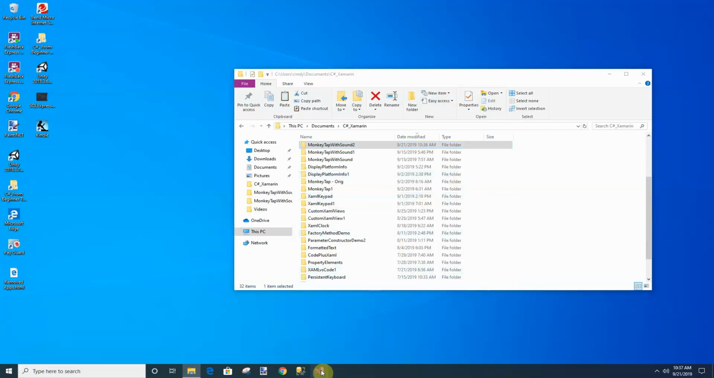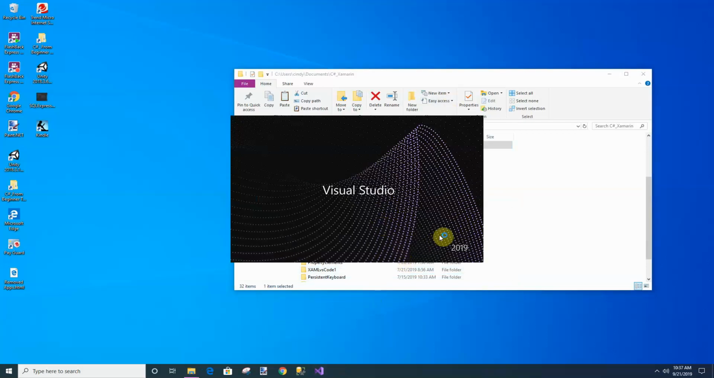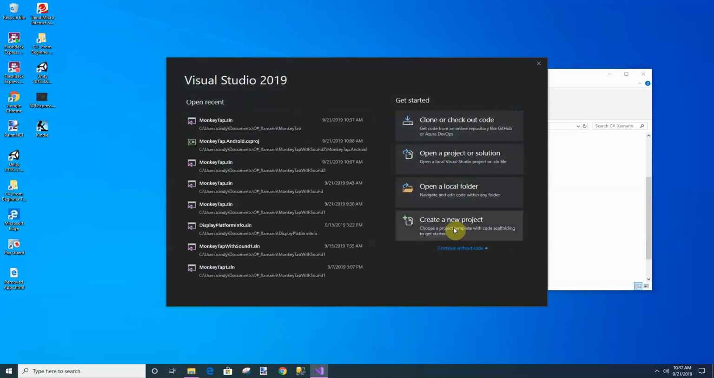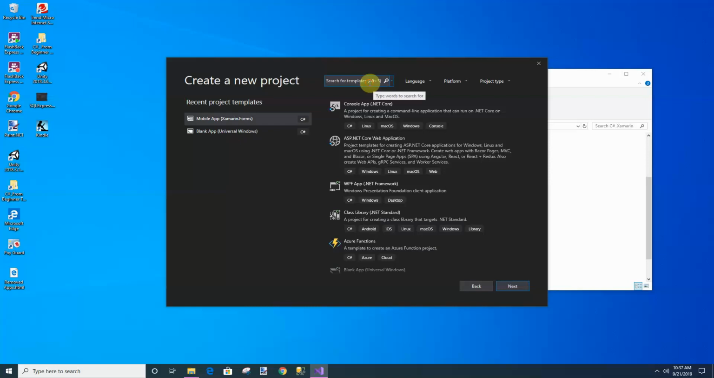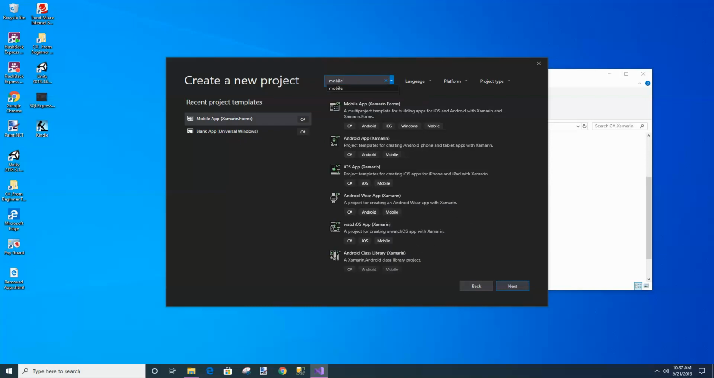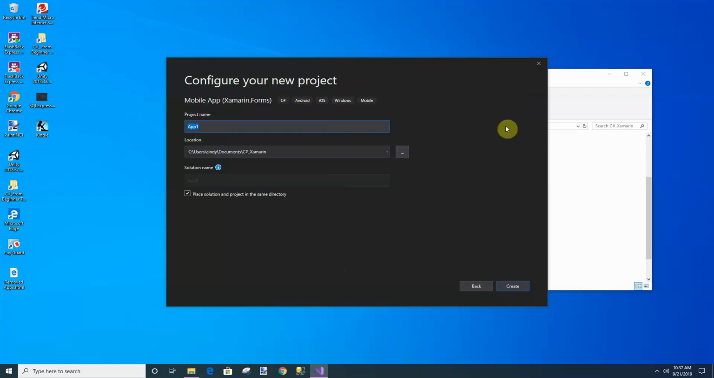And then we're going to open up Visual Studio and we're going to create a new project. Let's search for mobile again. So we'll select Xamarin.Forms, and I'm going to call this monkey tap. The reason I wanted to call it monkey tap is because I wanted the project called monkey tap, because that is what the old one was, and that's the reason I renamed our previous project. So we're going to create,